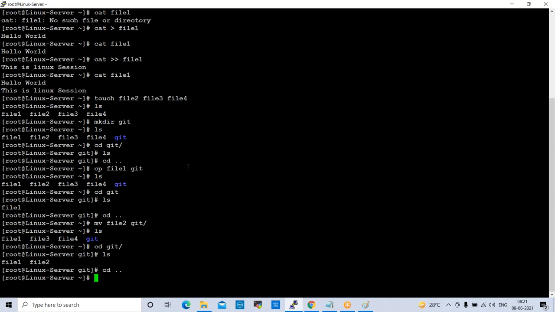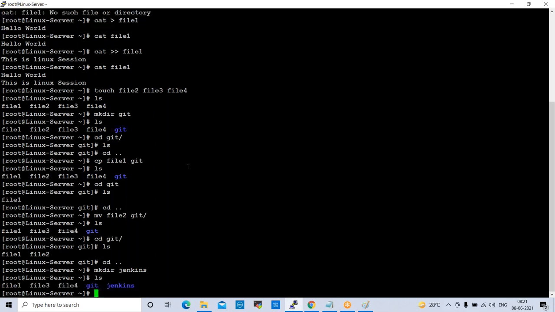Next command here is copying directories. Copying and moving directories is also the same way. So we create one more directory and we can move or copy it into git directory. So mkdir Jenkins is the directory.